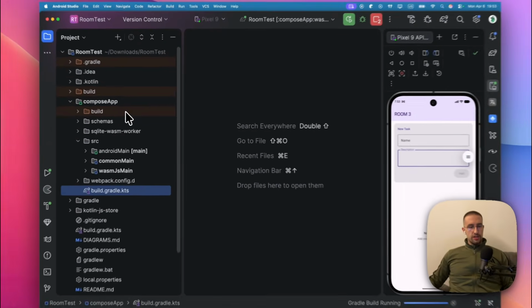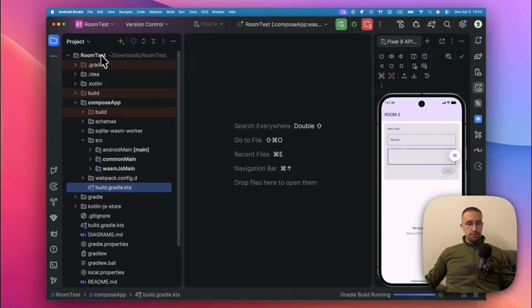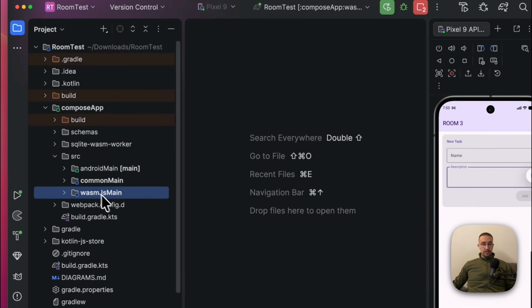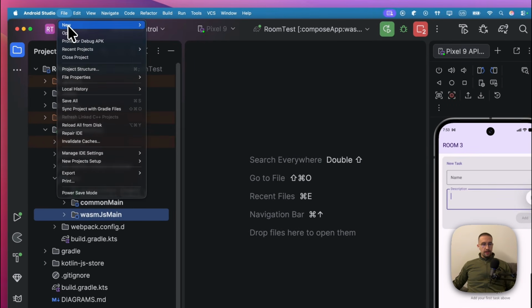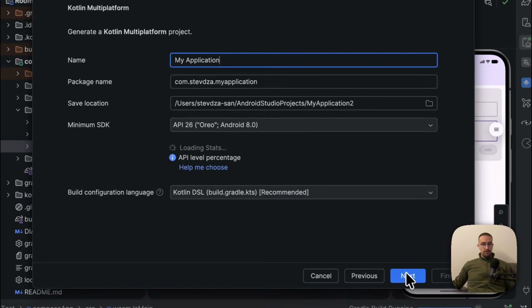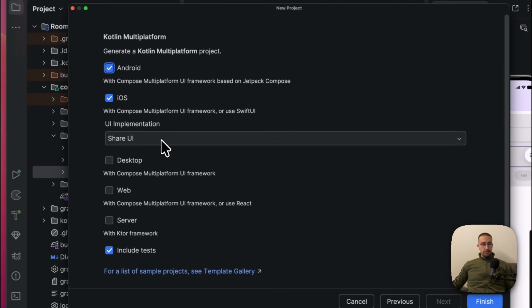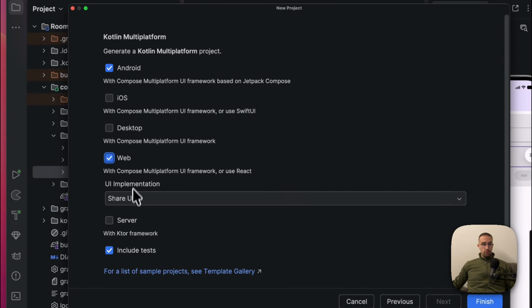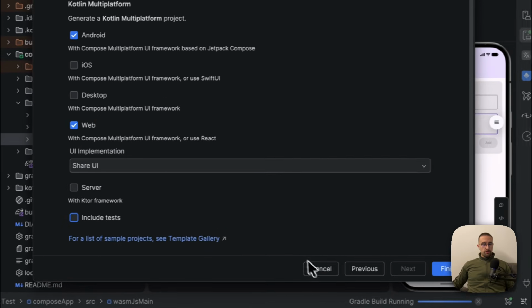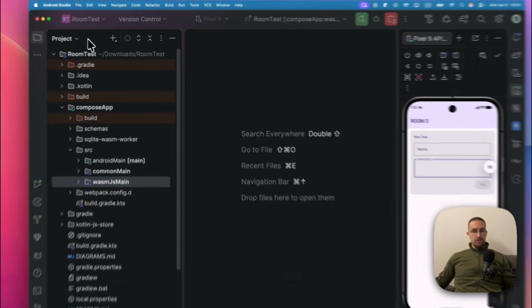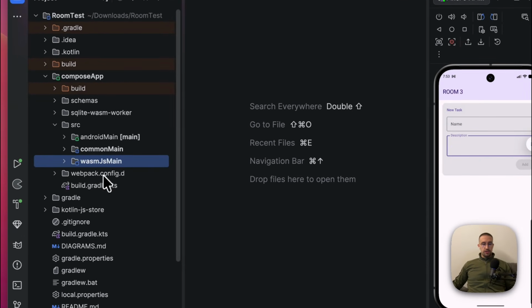Here in this project, I have created a KMP project that targets the Android platform as well as Wasm.js. You can just go to File, then New, and create a new project targeting Kotlin Multiplatform for all those platforms that you want. In this case I chose Android and web with a shared UI, of course, and you can create that project by yourself. When you do that, you're gonna see two different source sets here: wasmJsMain